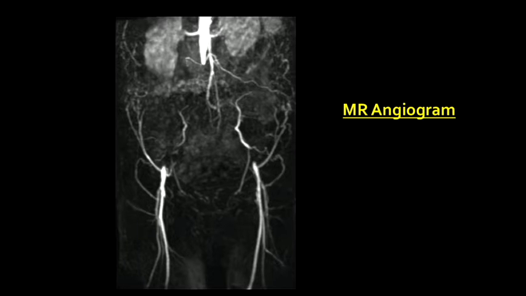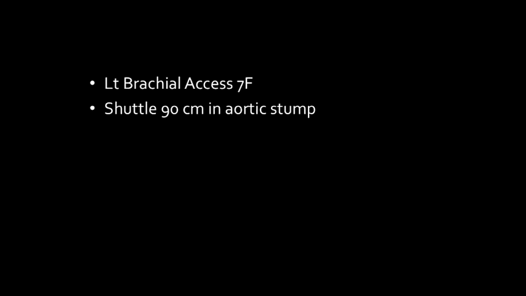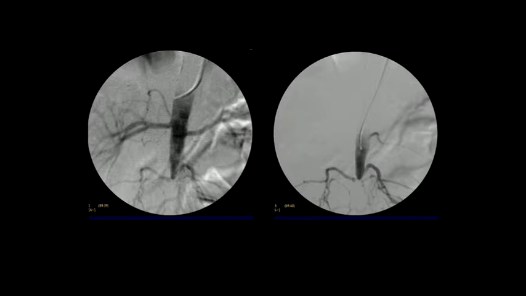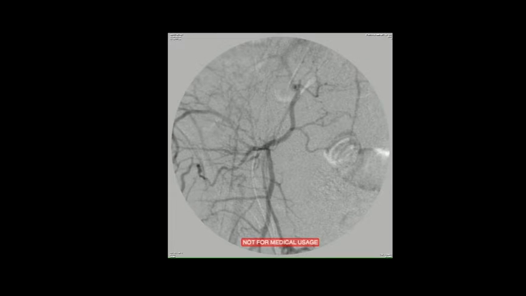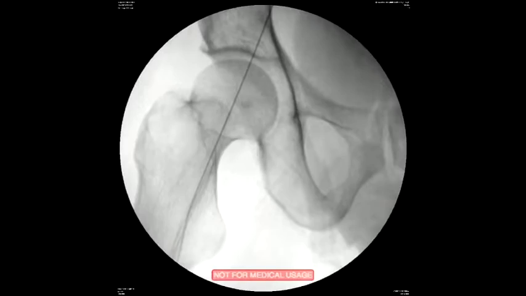Back, and this was a no-go territory for peripheral. So we take a left brachial axis to approach from the top, place a guiding. Here you can see where the reformation, very faintly seen, of the common femoral artery and the bit of the external iliac with a wire. Here we're getting close to the common femoral artery, crossover, and now